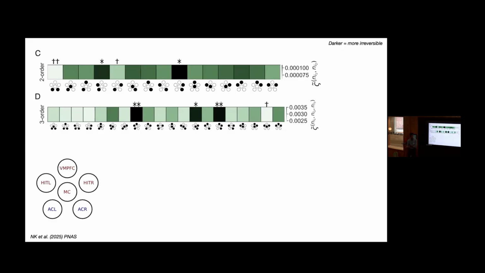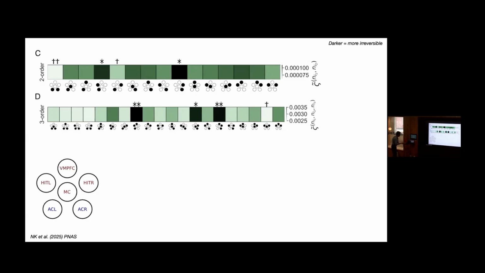So this means it's different from a correlation, because you might have a high correlation between these 2 regions, but you wouldn't expect there to be a significant interaction that was used in processing. But you see this hemispheric symmetry, and you see regions working together that you'd expect to. Okay. Then we go to triplets. Triplets is the worst combinatorially, so there's the most number of triplets, according to Pascal's triangle. And you find that the most significantly irreversible triplets are the ones that have the pair on one side and the ventromedial prefrontal cortex. So again, you see hemispheric symmetry between the left and the right side of the brain.